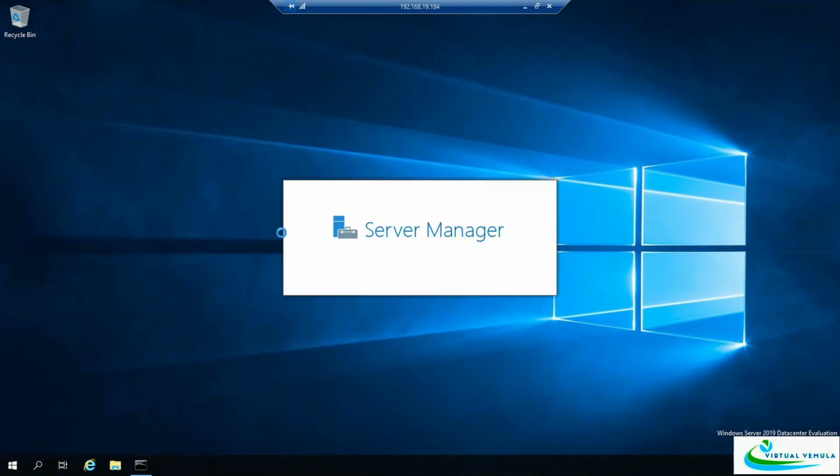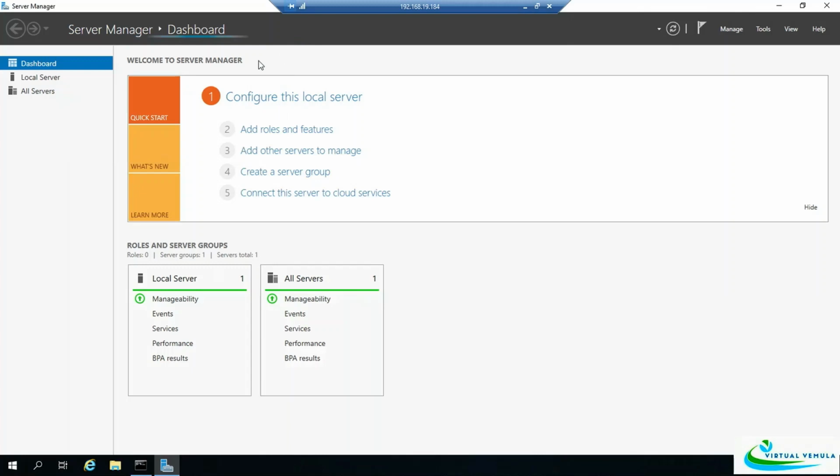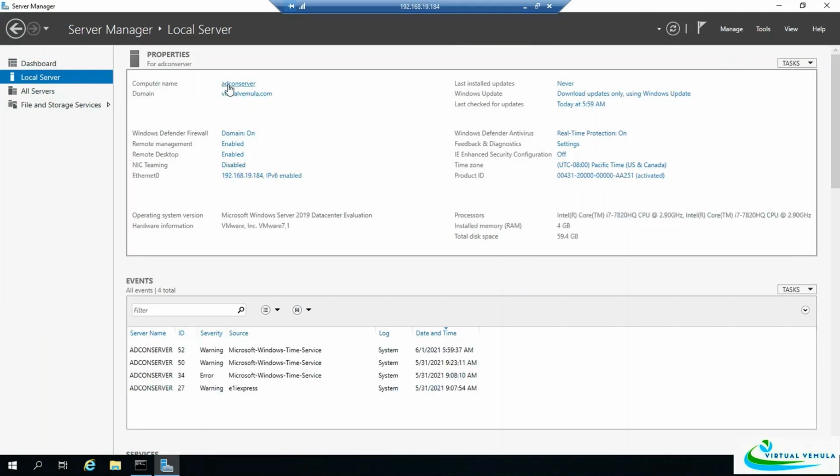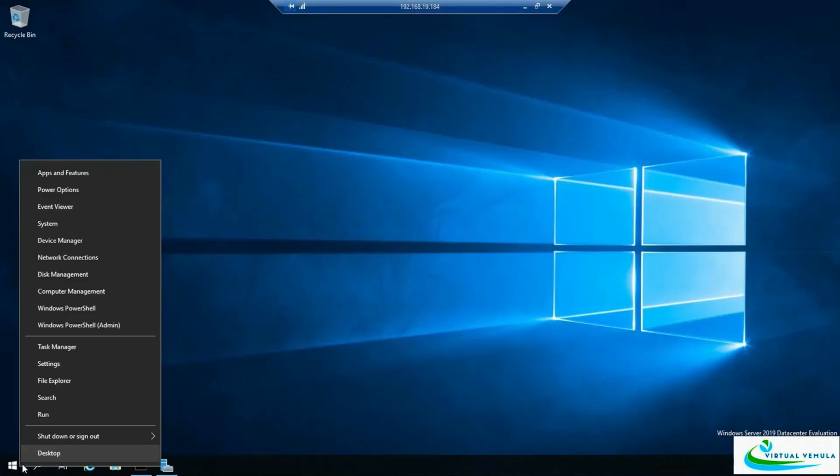And if you look, this server should be added to the domain, right? So this server should be added to the domain. You can see the AD Connect server is added to the domain called virtualvmla.com. On this server, just to make sure that you have